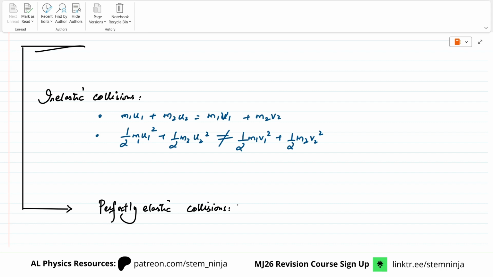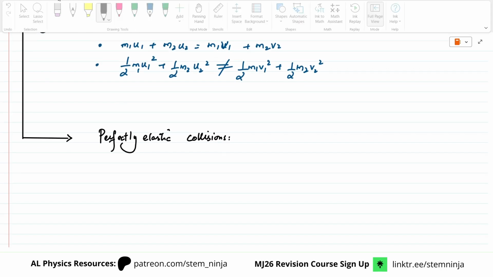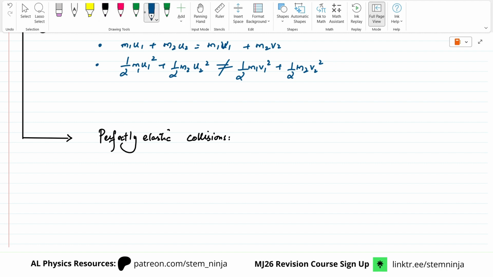You can handle them separately also, if the question says that the collision is perfectly elastic. So for a perfectly elastic collision, as with elastic collisions, the kinetic energy is conserved and momentum is conserved, but relative speed, or you can say velocity also, basically,